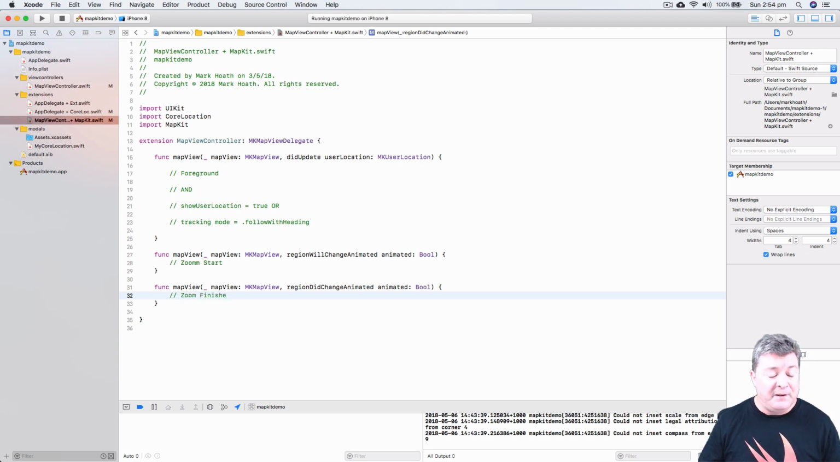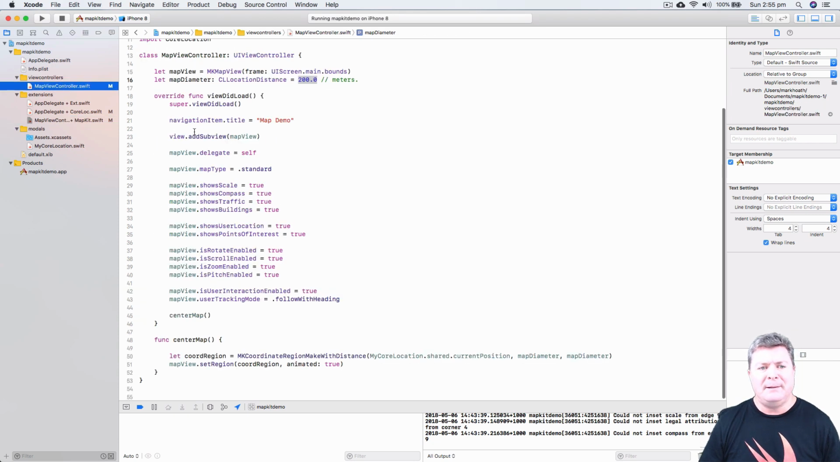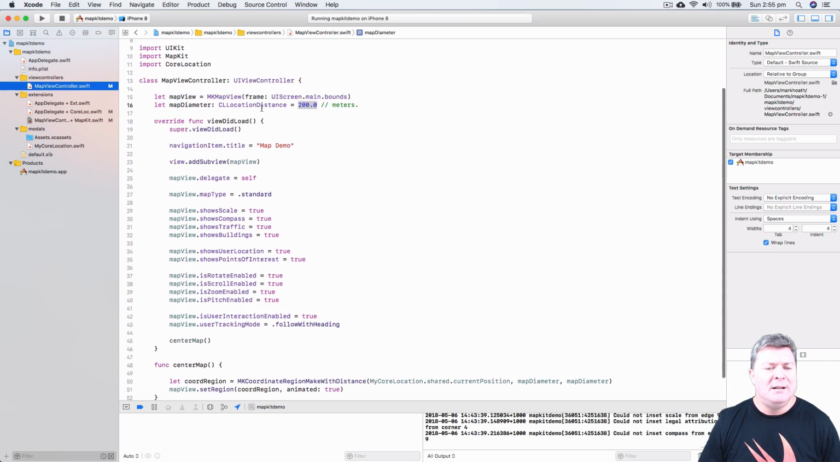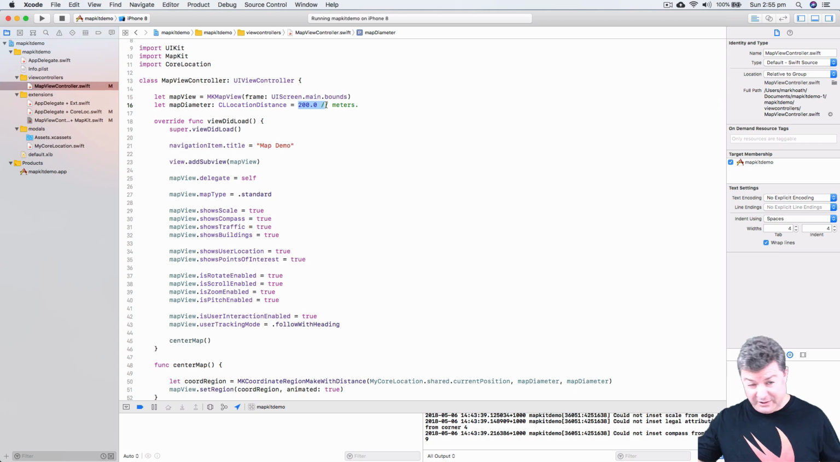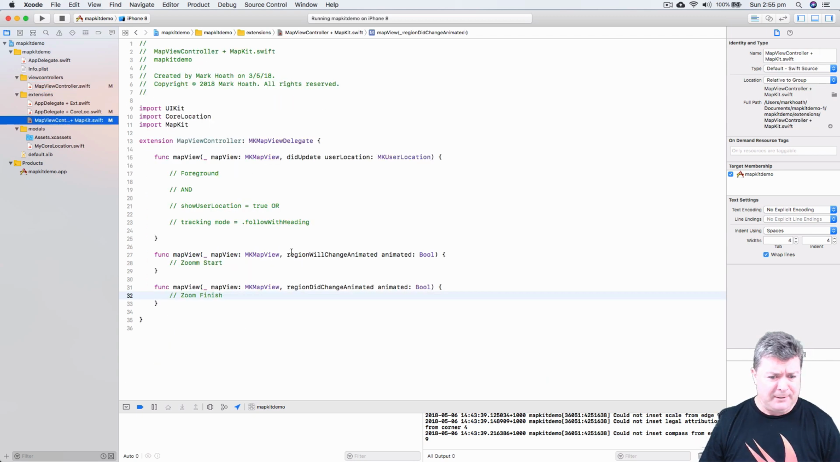And of course when the zoom finishes, we also want to set this map diameter to whatever the new zoom setting is, because otherwise we're always going to turn up at 200 degrees, and if someone wants to see 3 kilometers or 2 miles or whatever, they'll be stuck with this static figure rather than a dynamic figure. So